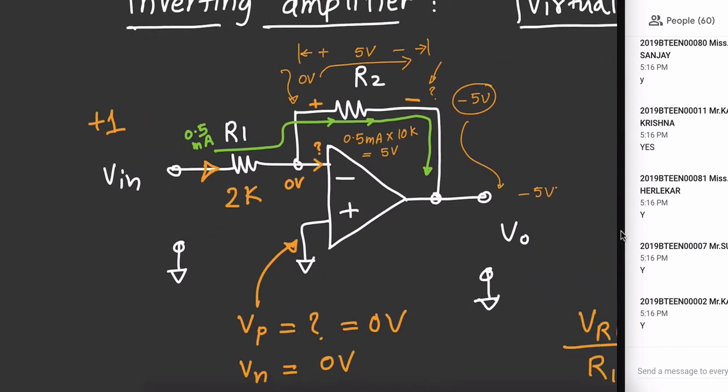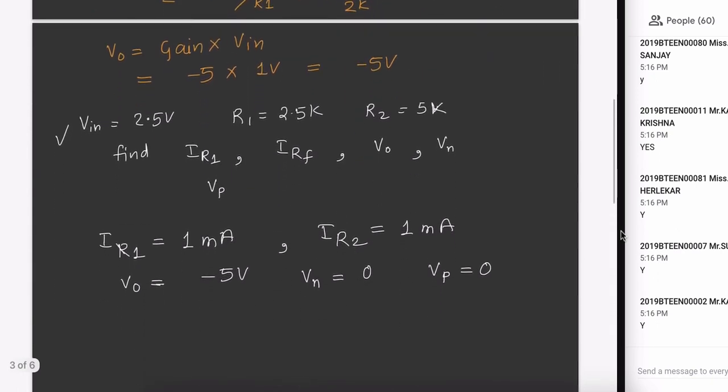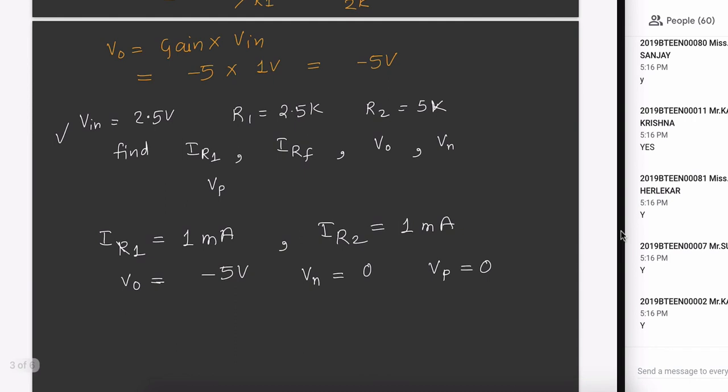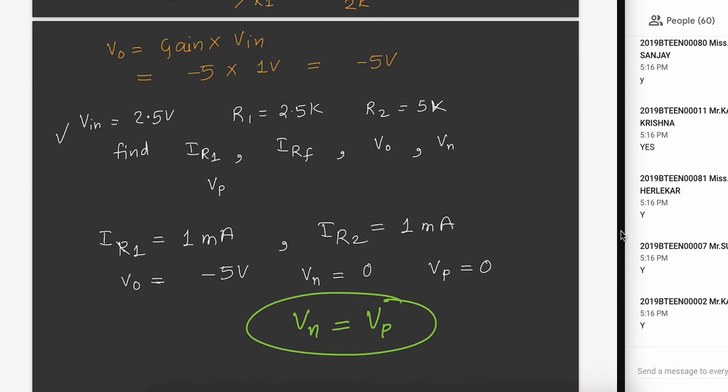Then we computed V output for the plus input for various other combinations. We also understood that we have to write Vp and Vn like this, not the other way. Vp is equal to Vn is mathematically correct but it is not the right way, because the non-inverting terminal does not come in the place of the inverting terminal. Right. Anyway, so this is what is correct.